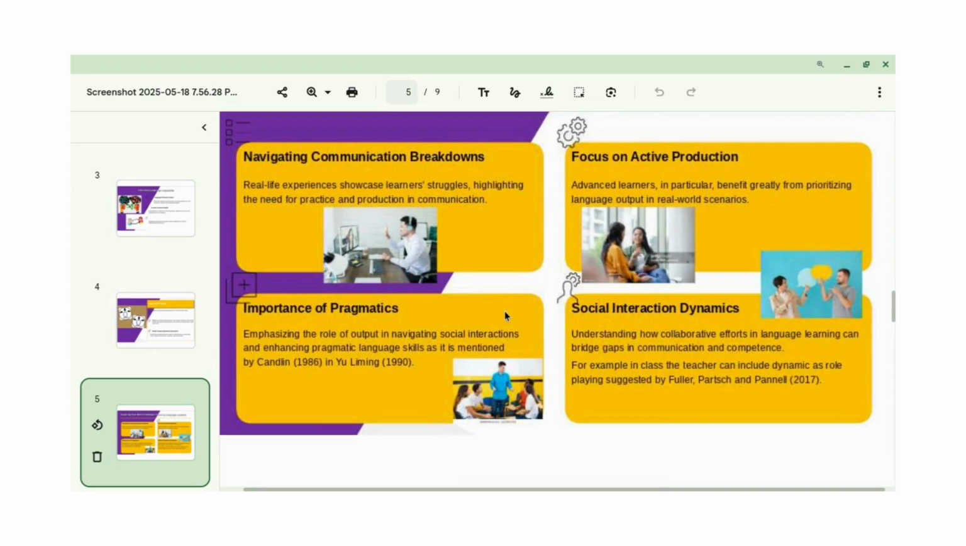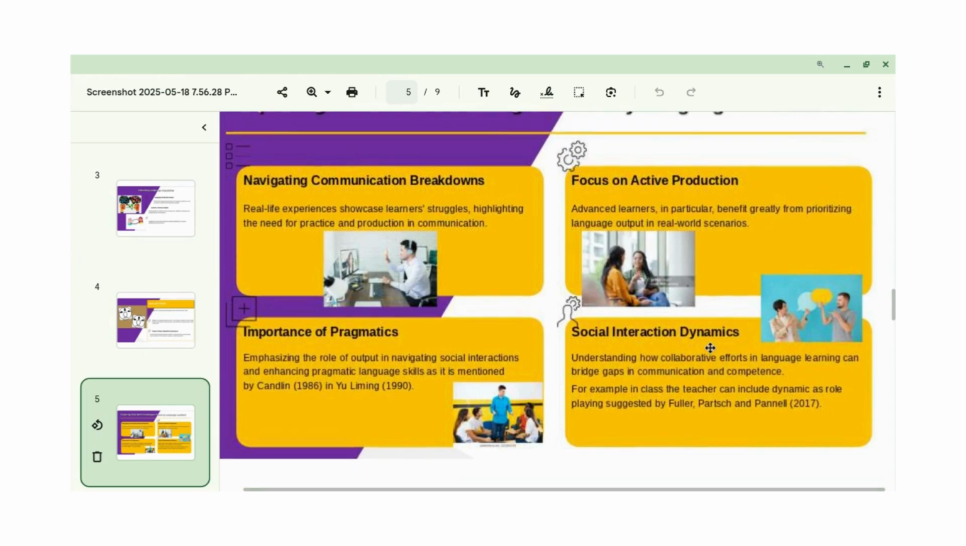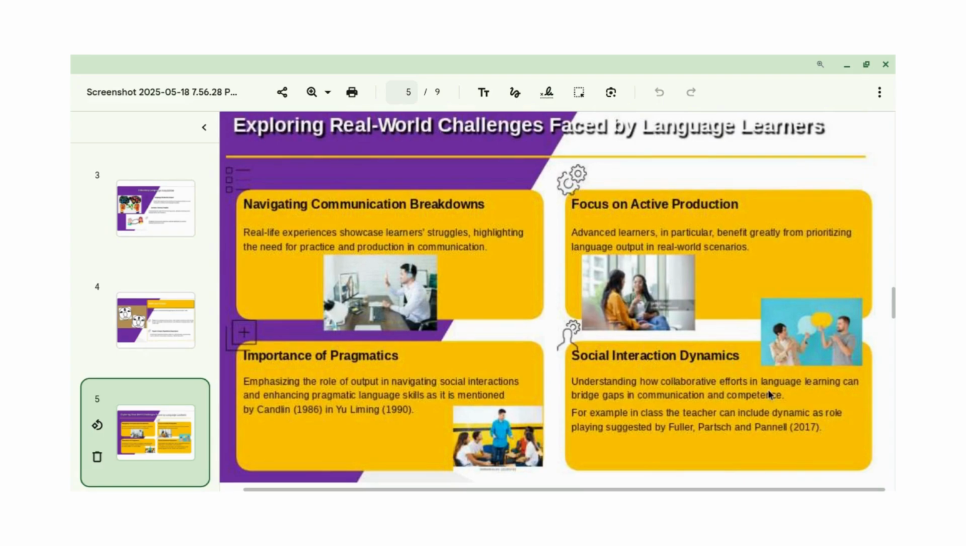It is also important to mention the importance of pragmatics, emphasizing the role of output in navigating social interactions and enhancing pragmatic language skills, as mentioned by Kasper in 1986. Also, social interaction dynamics are important because collaborative efforts in language learning can bridge gaps in communication and competence. For example, in class, the teacher can include dynamics such as role-playing, as suggested by Fuller, Parch,